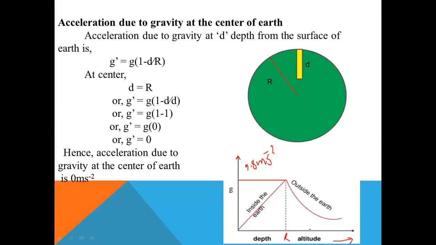And whenever we go away from the surface of the earth, whenever altitude increases, the value of acceleration due to gravity starts to decrease. Where is the value of acceleration due to gravity more? At the surface. Inside the surface it will be less, outside the surface it will also be less. Therefore, acceleration due to gravity is less when we are in a plane, and it is also less inside the mines.